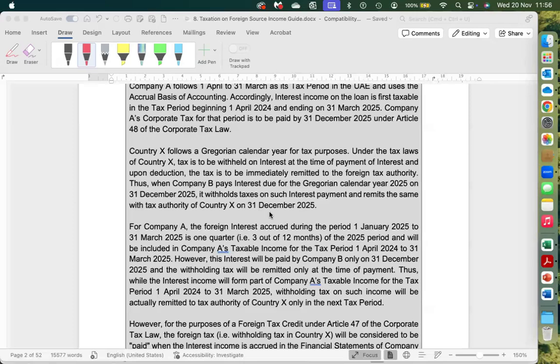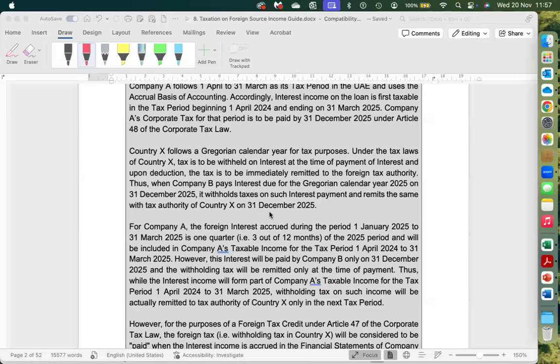In Egypt, as I mentioned earlier, if you are giving a loan, your customer will be withholding it, and after withholding it, they will be giving it to the Egyptian tax authority. You can claim from the Egyptian tax authority by proving you are a resident of the UAE and you don't have a PE in Egypt. The same thing will be applicable here as well. So you need to go to the Indian law. If it is written there that they need to withhold it and pay to the Indian tax authority, then you can claim it back 100%, I'm sure, by proving that you don't have any PE there and you are a tax resident of the UAE.